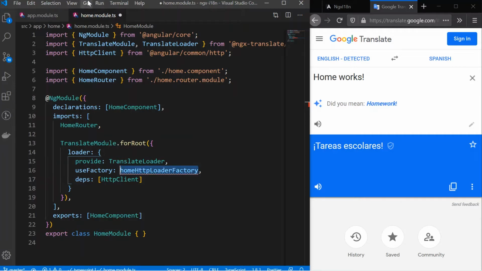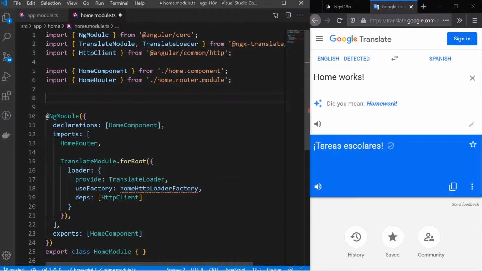Let's create the loader factory here. Before that we have to change it to forChild.